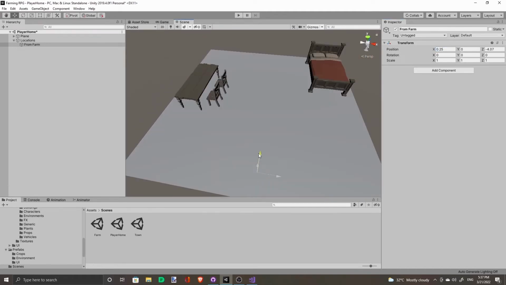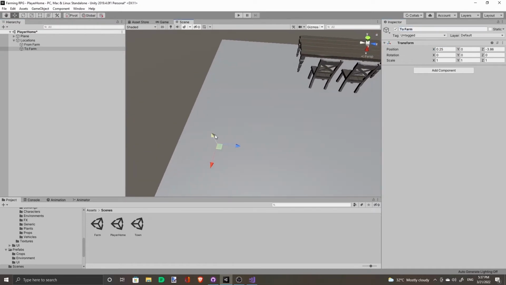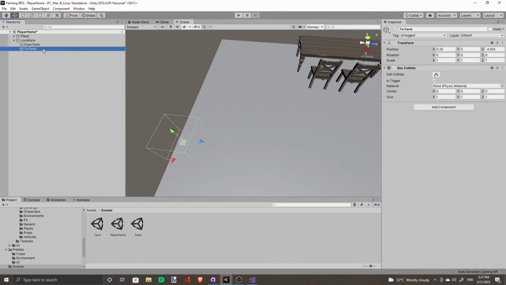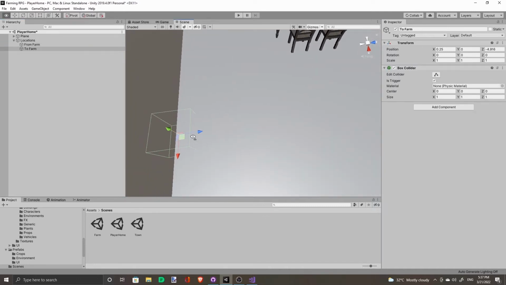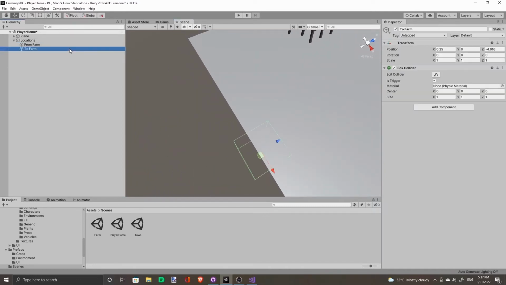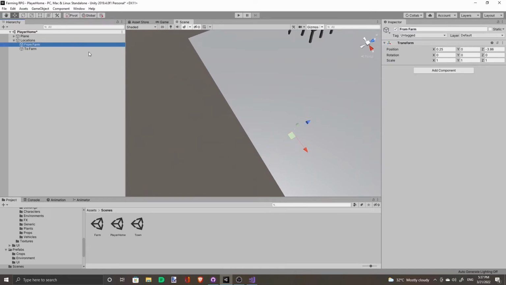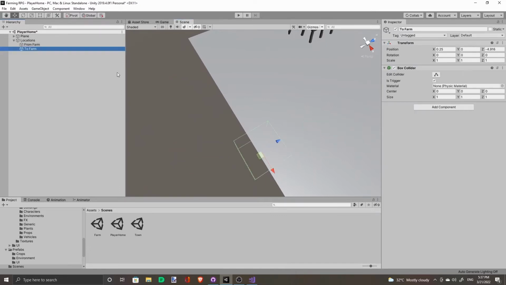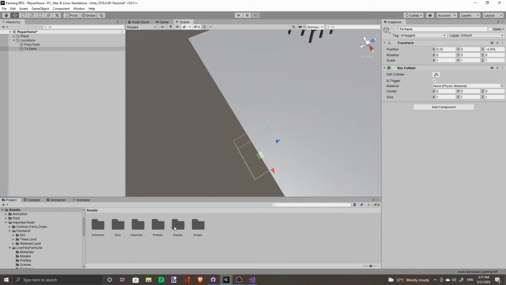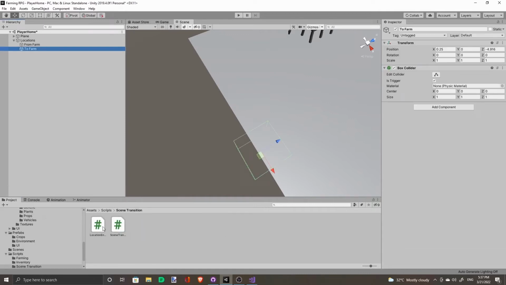And if you were to exit, you move it a bit down. Make sure the colliders are not touching, else the player would be teleported indefinitely. So it goes to the farm.